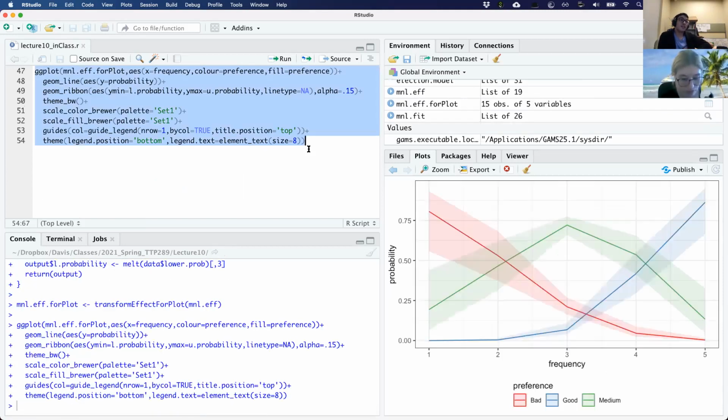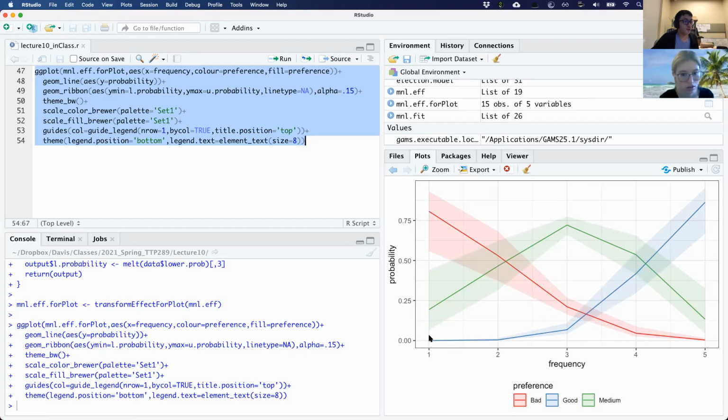And so I'll just run this code so that you guys can see what's happening here. So at the average level of sales, we can see how the probability that the car seat is located on a good shelf, a bad shelf, or a medium shelf changes over a range of prices.